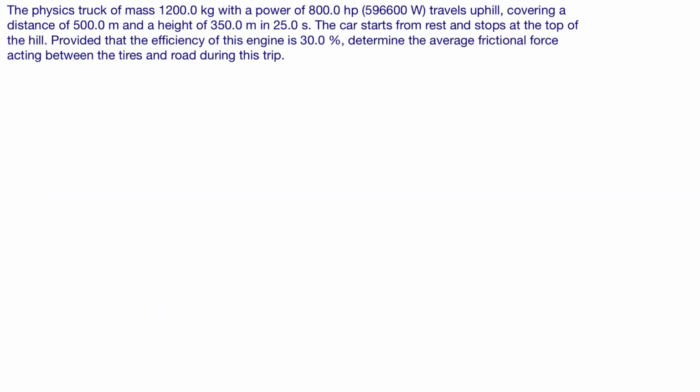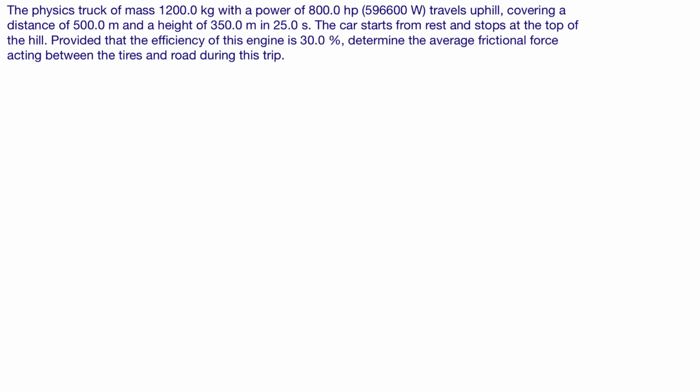For our second question, we've got the physics truck of mass 1200 kilograms with power of approximately 5.966 times 10 to the 5 watts traveling uphill. This is 800 horsepower. That's a lot of horsepower. Covering a distance of 500 meters and a height of 350 meters in 25 seconds. The car starts from rest and stops at the top of the hill. Provided that the efficiency of this engine is 30%, determine the average frictional force acting between the tires and the